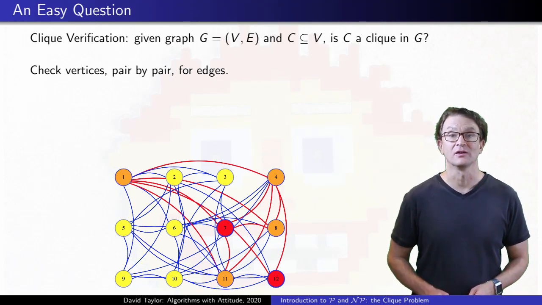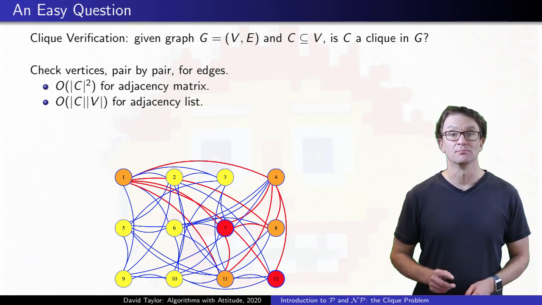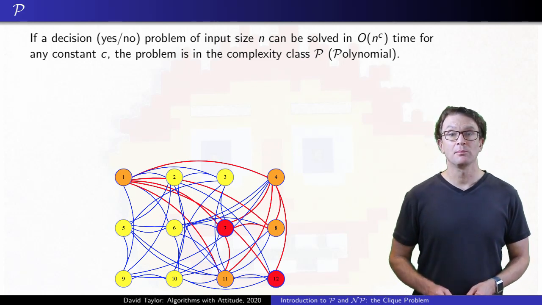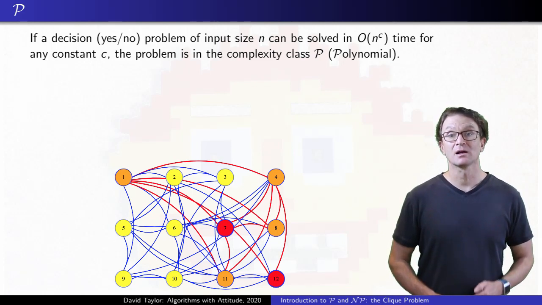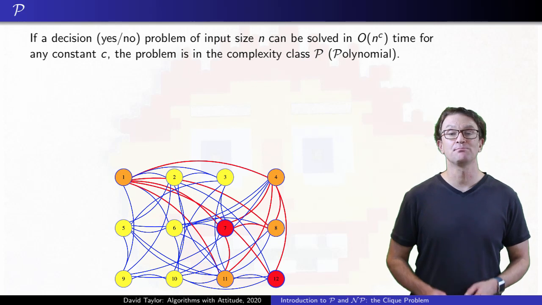How long that takes might depend on what format the graph is in, but it shouldn't take more than V squared time, so polynomial in the size of the input. That brings us to the complexity class P for polynomial. Problems fall into the P complexity class if they are decision problems, yes-no problems, that can be solved in polynomial